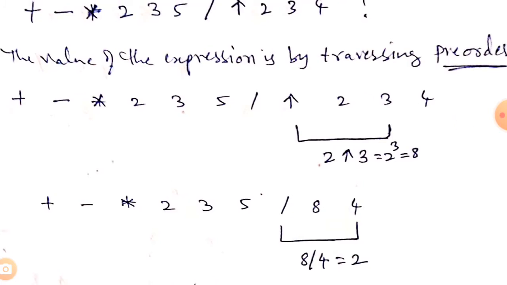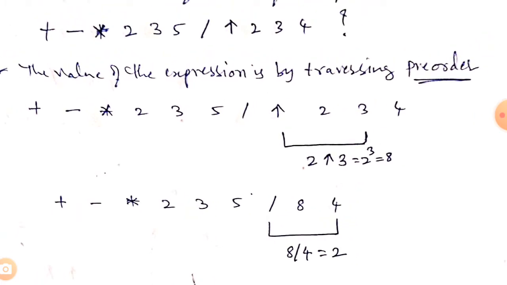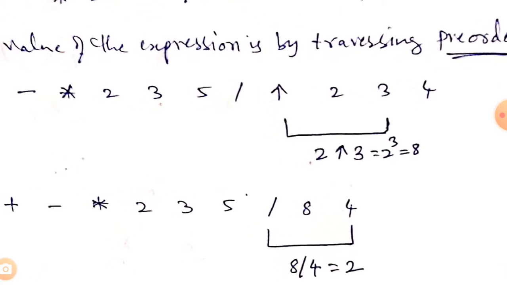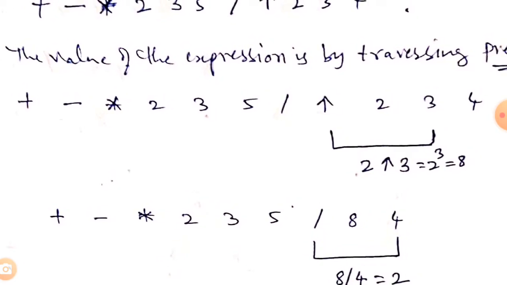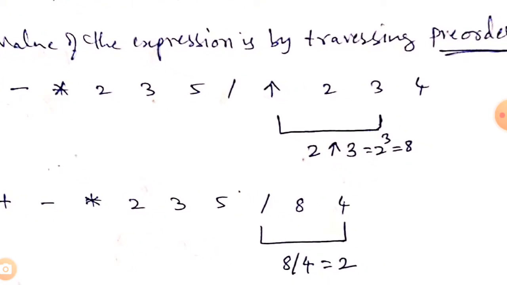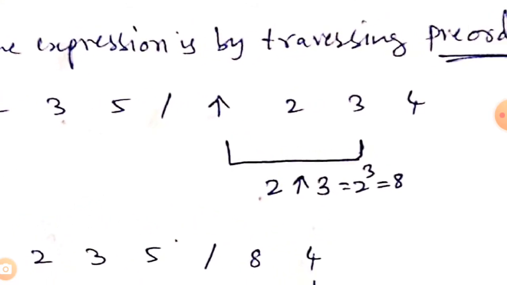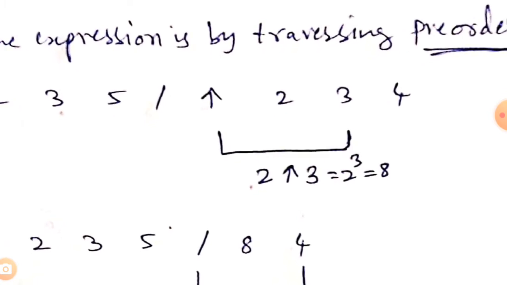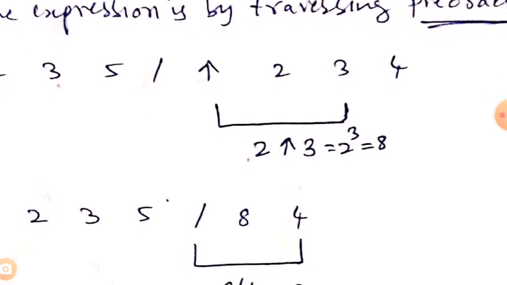Now you observe, from the right, which operator is first? You can observe the cap is the first operator from the right side, okay. Then you can observe the values after this operator, 2 3. Now you have to take three items at a time. So 2 cap 3 you have to take like this, okay. 2 cap 3 is nothing but 2 cube 3, that is equal to 8.